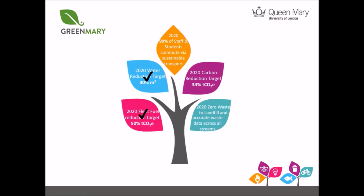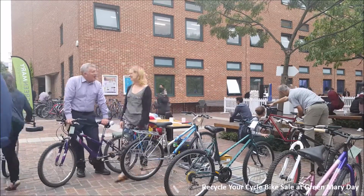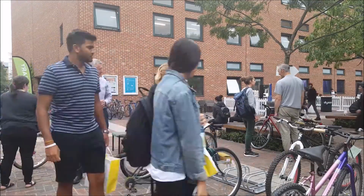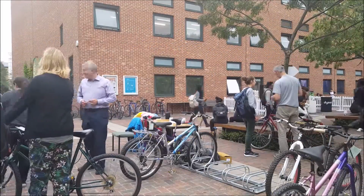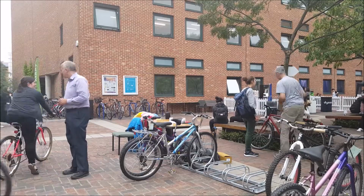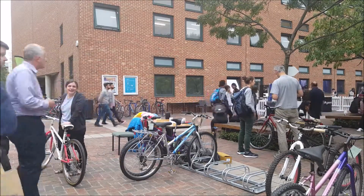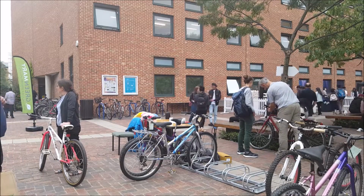We have also made significant steps to reduce our waste to landfill by implementing campaigns such as the Halls Reuse campaign, where we encourage students to donate unwanted household items for reuse, the annual stationery amnesty, where we collect unused items and relocate them to other students, battery recycling, book donations, and donating abandoned bikes on campus to Recycle Your